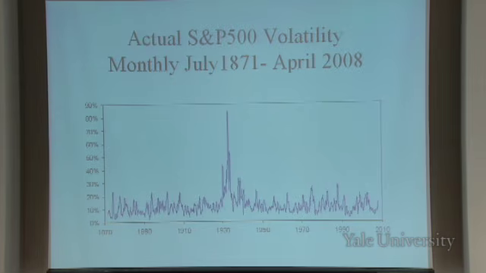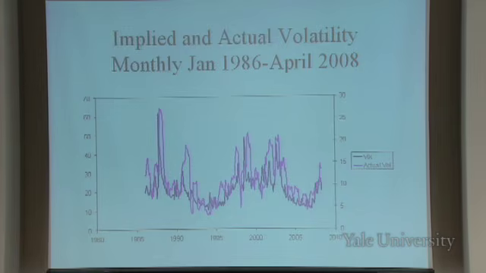Now I want to define what we call implied volatility. What you can do with the Black-Scholes formula is it requires that you input sigma squared to calculate what the price of an option should be. Well, why don't we take what the price of the option is and work backwards to figure out what volatility is implied by the price? You see what I'm saying? The Black-Scholes formula gives the price of the option in terms of sigma squared. Well, I can turn it around because I know what the market price of the option is.